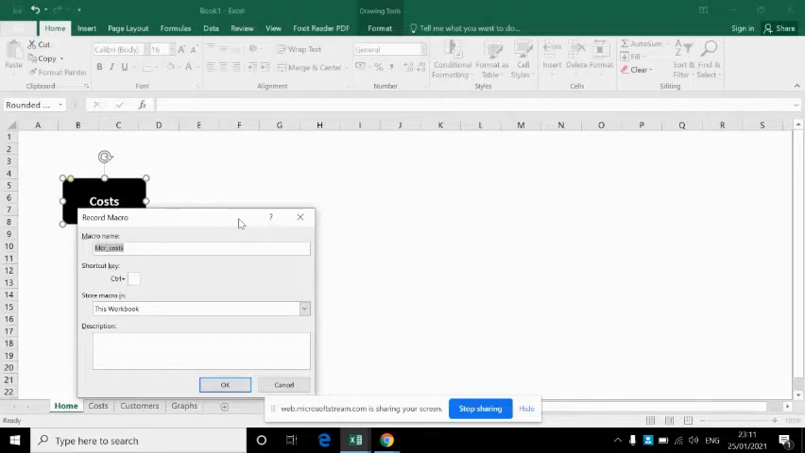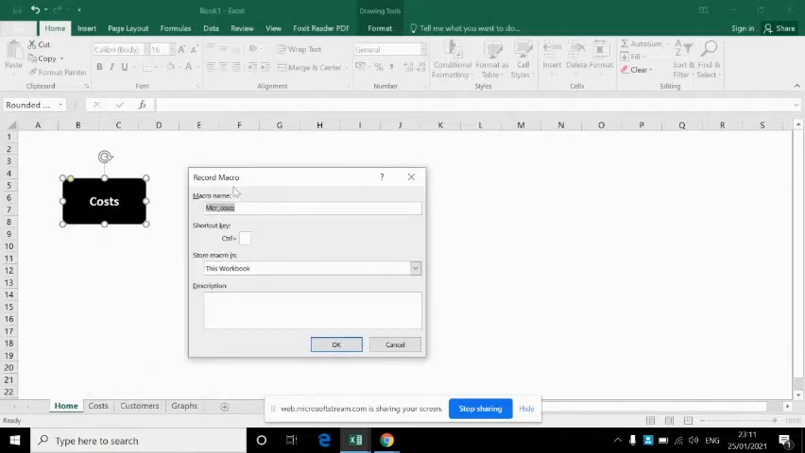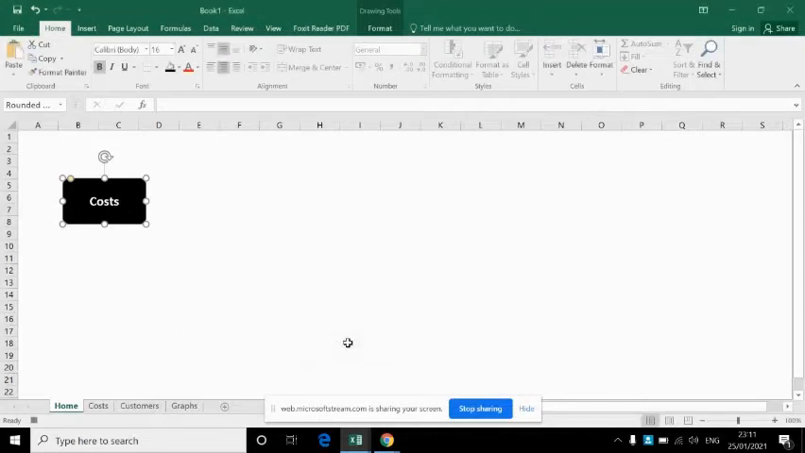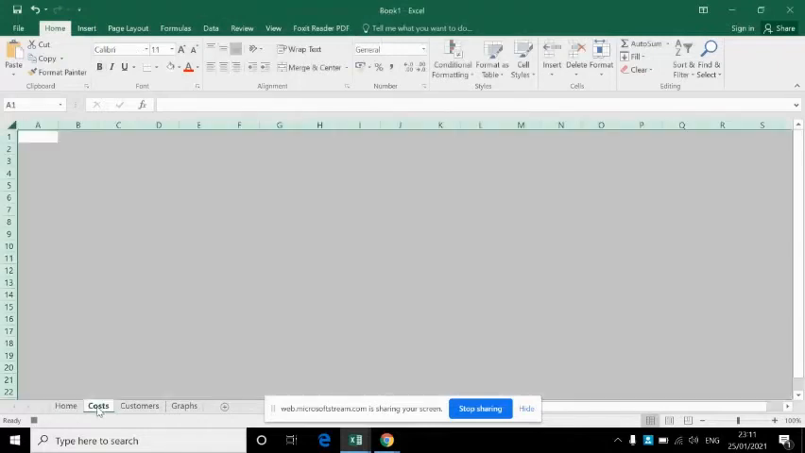In the next pop-up box that appears, there's no need to make any changes. So if you press OK, then you will start to be recording any actions that you now complete. So what I'd like my button to do in the future is to move to my costs page. So whilst I'm recording, I'm going to select my costs page. And then all I need to do is use the little square at the bottom of the page to stop